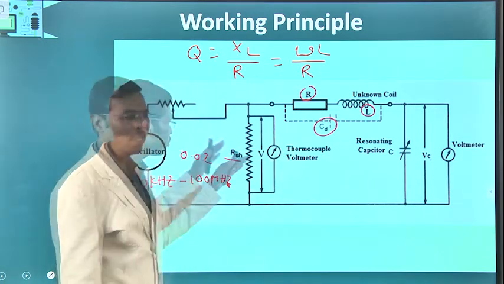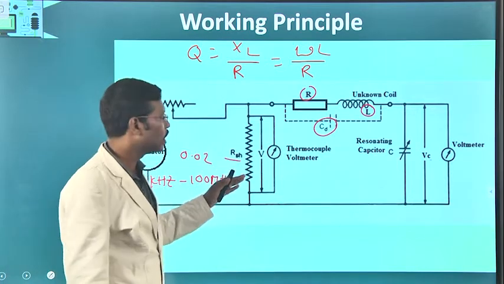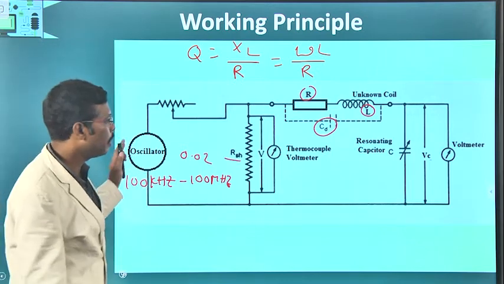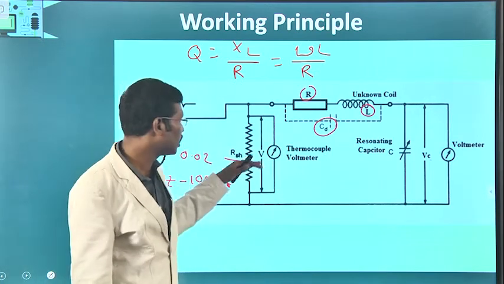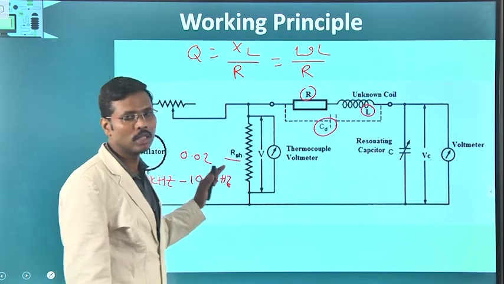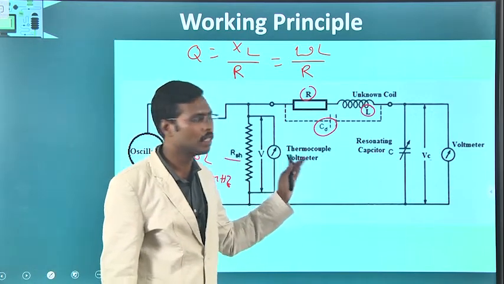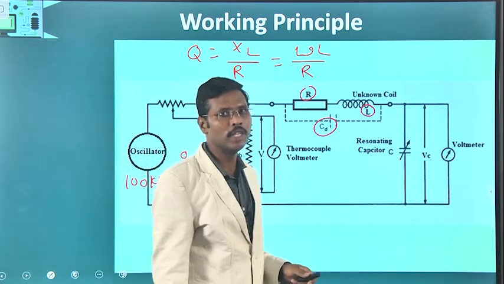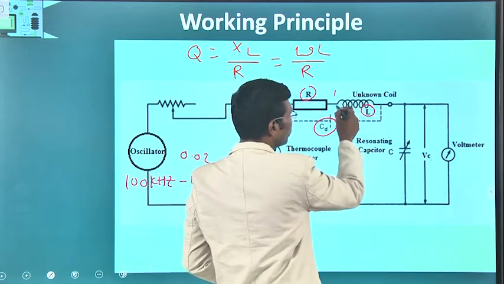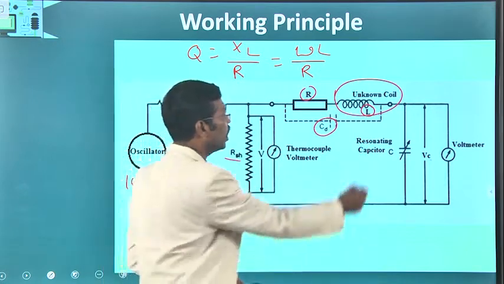As the shunt resistance value is very low, which is nothing but 0.02 ohm, the complete voltage which is generated by this oscillator will be passed on to the further stages, as the resistance offered by this input source will be very less. So the complete voltage generated by this voltage source will be offered to the further stages, and the inductive coil for which the quality factor has to be measured is connected in this resonating circuit, in the test bench of this resonating circuit. So here we mentioned unknown coil.